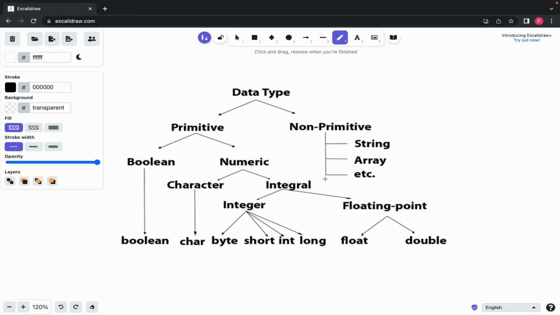So in Java basically we have two types of data types. One is primitive and another one is non-primitive. Now let's understand the difference between a primitive data type and a non-primitive data type. Primitive data types are built into the language, okay? For example, integer was already built into the language, so these kinds of data types are known as primitive data types. And on the other hand, non-primitive data types are custom built using classes. We'll be talking about non-primitive data types when we start with OOPS and object-oriented programming